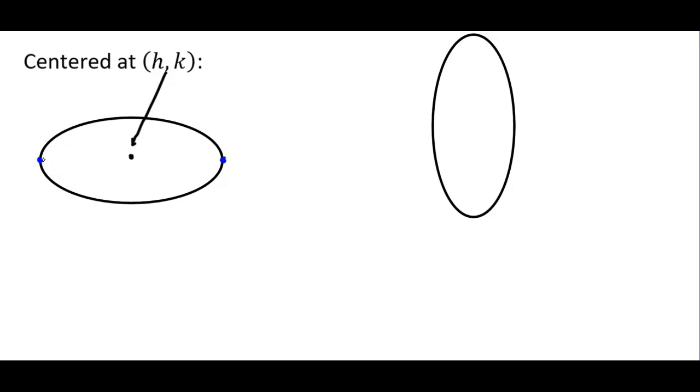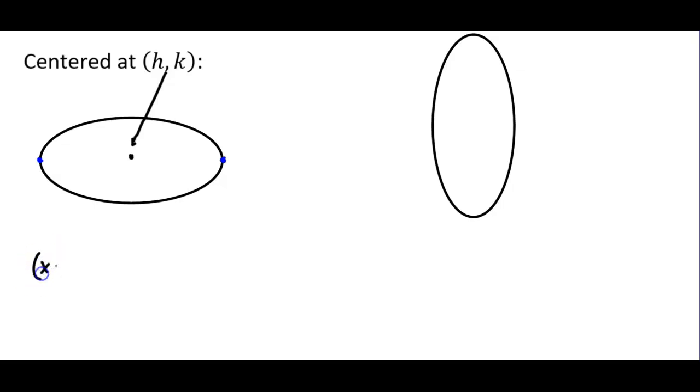And for the coordinates for the vertices, you have to picture that I've moved it h units to the right. It could be to the left, but h units, okay? And so when we're thinking about the vertices and their coordinates, it's going to be like this. And this is for the kind that are elongated. So this is this kind: x squared over a squared plus y squared over b squared equals 1. No, I don't want to write that. That's if it were centered at the origin, but we're going to center it at (h, k).